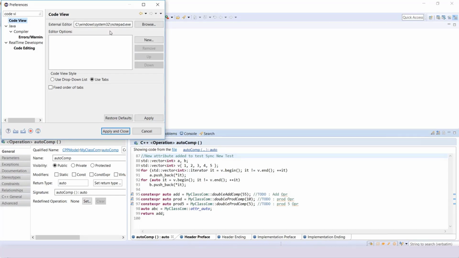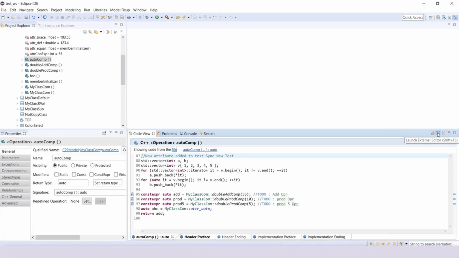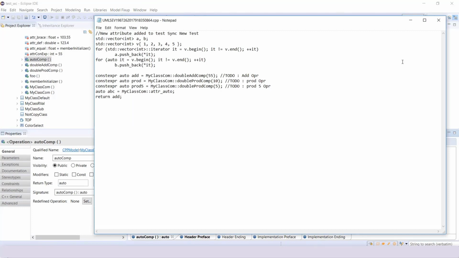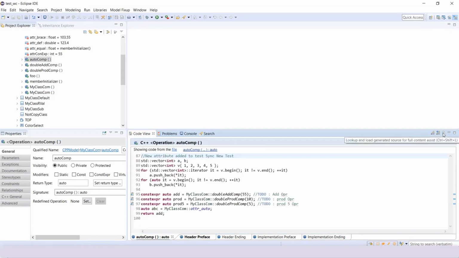You select the editor you are comfortable with, apply and close. Once you do this and select this button, the code snippet will appear in that external editor. I select this, and you see the code appears over here. This is the significance of using this external code editor. Close this.